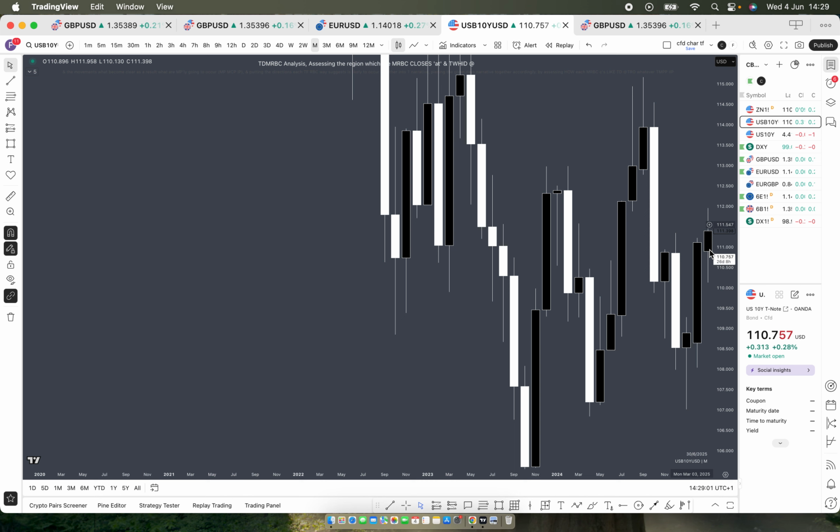So basically what I'd be waiting for is the manipulation above here, but then anyway, I'll just be sat on my hands basically. But then anyway, as the market starts playing out, you start to see it chop around, and I would also be looking at the lower time frames too, as of the Wednesday,